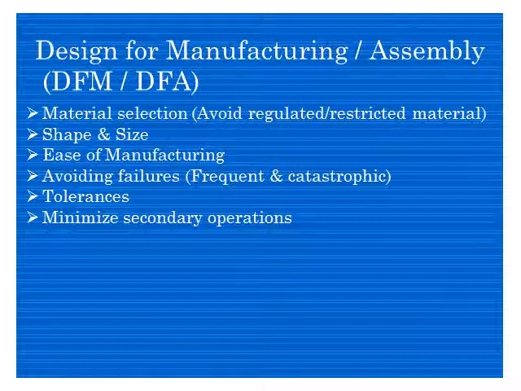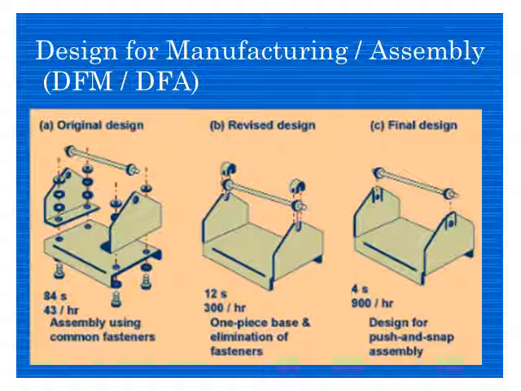How, what is the tolerance, and minimize secondary operations. Secondary means primary operations, whatever you have, you need to go do some secondary operations, like after this do that, finishing, or do that. So those operations should be as minimum as possible, because they will increase the manufacturing cost, and they will increase the manufacturing time.